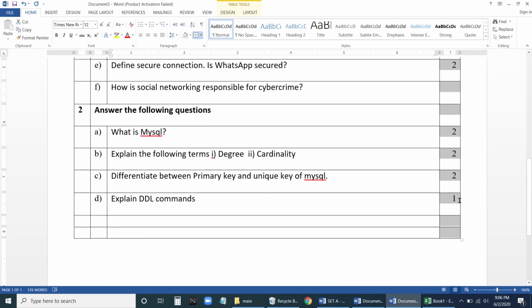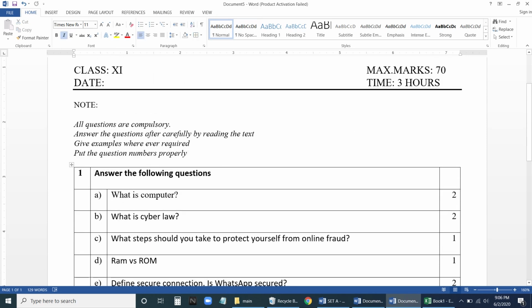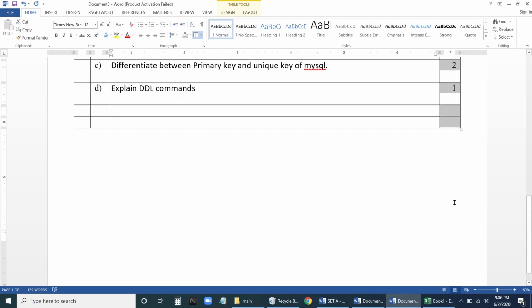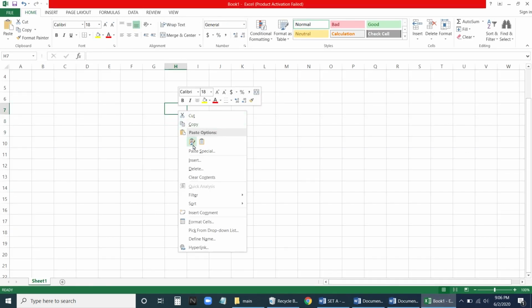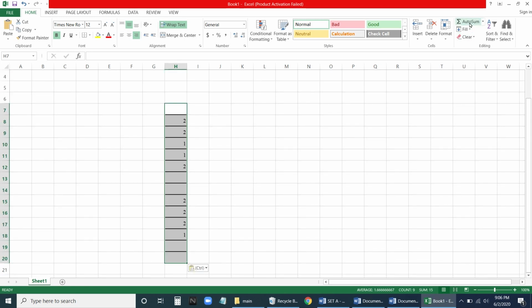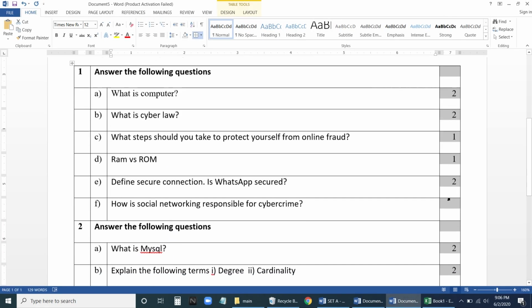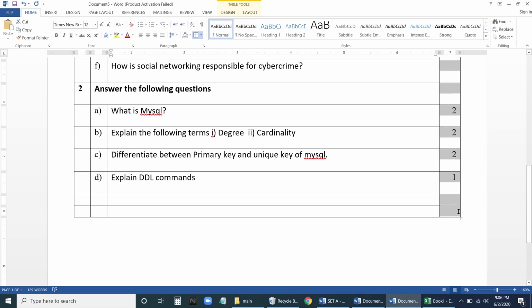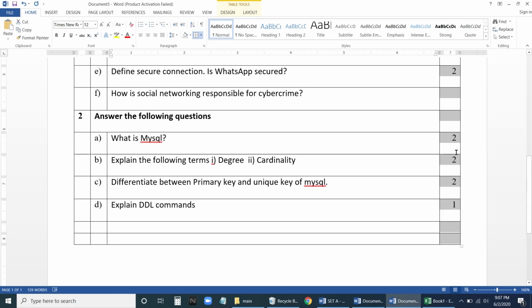Now 80 marks, sometimes 1 mark, 2 marks, 4 marks, we have to count physically. What we have to do is, in this method, click on this and everything will be selected. Right click, copy, come to the Excel, paste it here. It has pasted. Click on auto sum. Now it is showing as 15. So this particular question paper is for 15. Instead of physically counting, since we have typed the question paper in table format, easily we can copy the marks column and paste it over here.